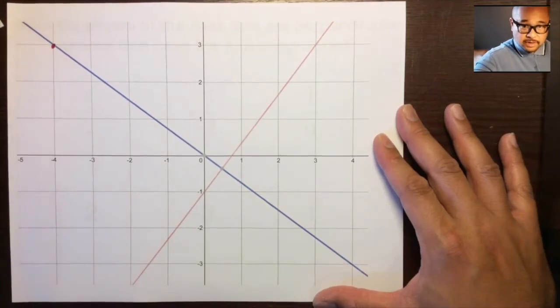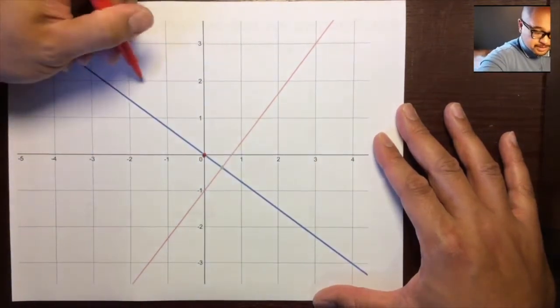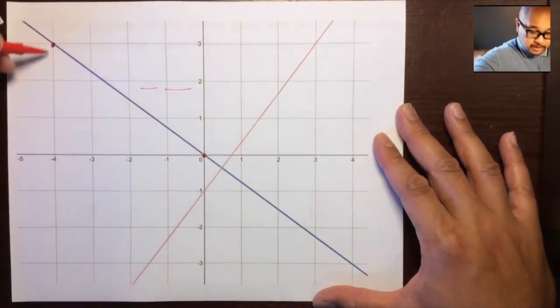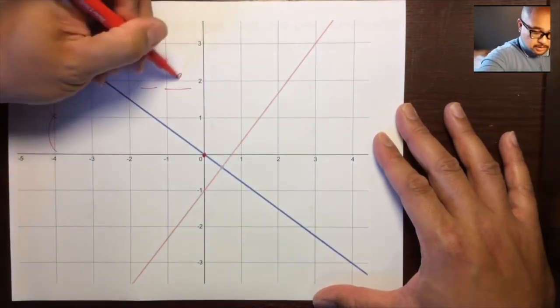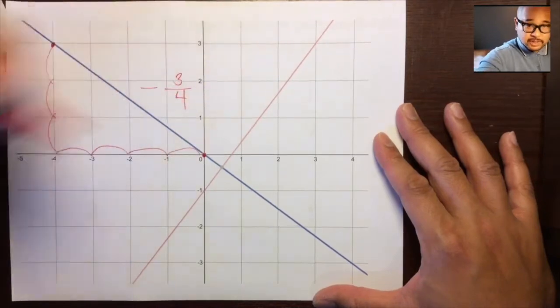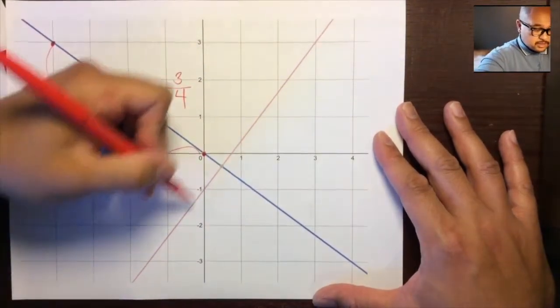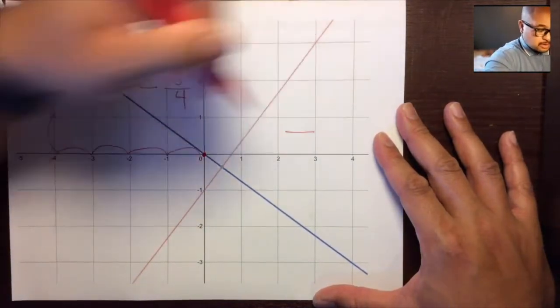intersects at this corner right here and goes all the way through this corner right here, which is the origin, and it's negative because it's going downhill. It goes down 1, 2, 3, and it runs 1, 2, 3, 4. Negative 3/4. And this line right here, the red line, is positive, so I'm just going to draw my little